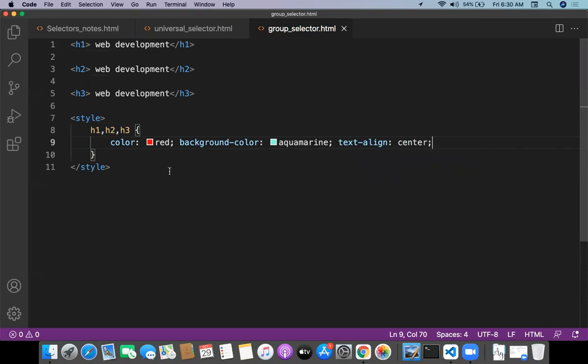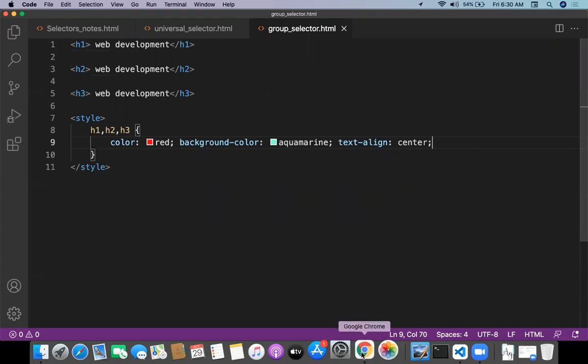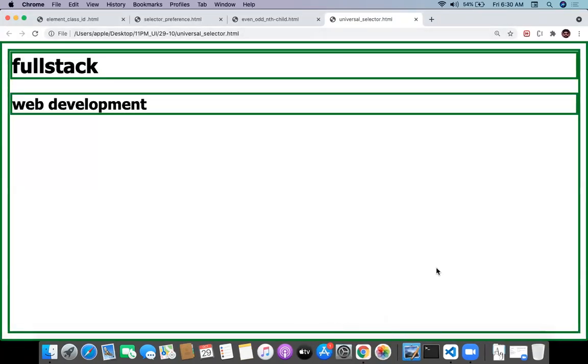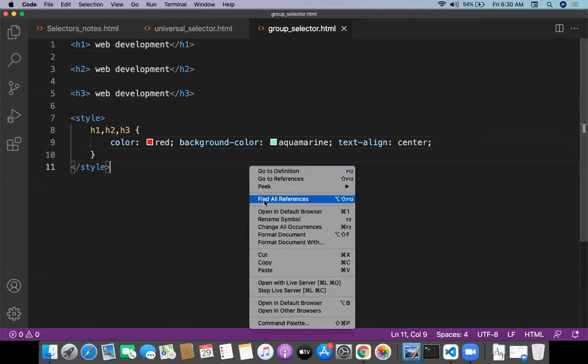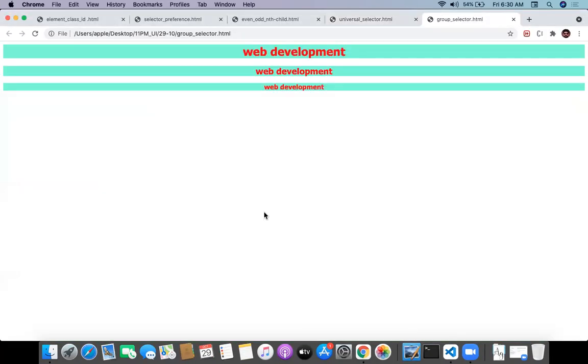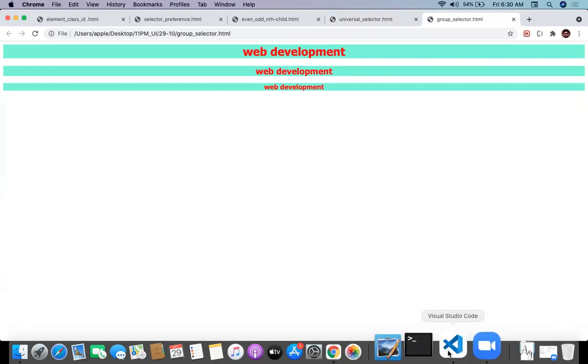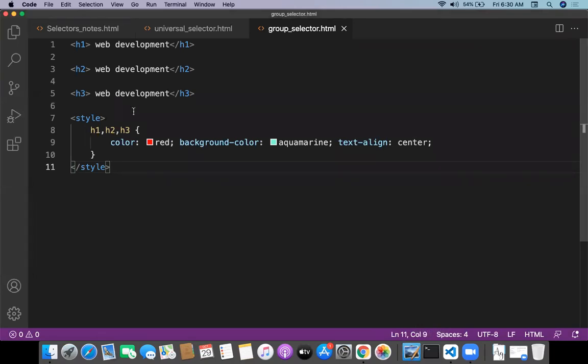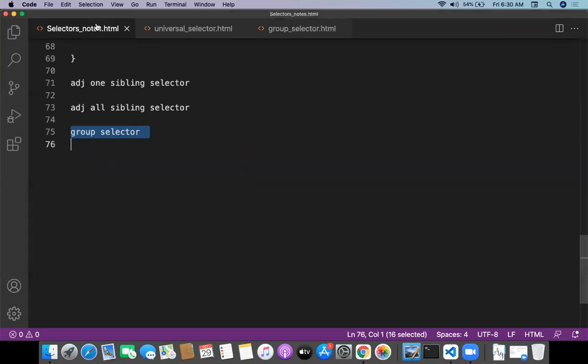Okay, h1, h2, h3, all the elements are being selected at the same time by the comma separator. This is actually called the group selector: a group of elements selected at a single time.